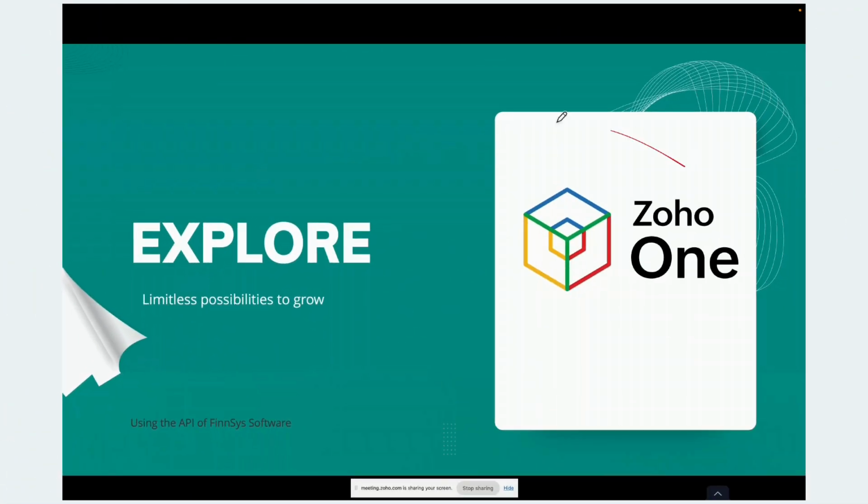When we say Zoho One, you have to understand that it is obviously not an optional thing, because in your world today, you must be using some software for your mutual fund distribution and mutual fund presentation of the portfolios. So, what extra does this kind of CRM help you with? Let's explore that and understand what the possibilities are.